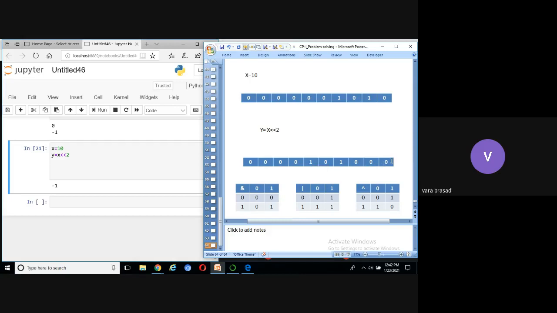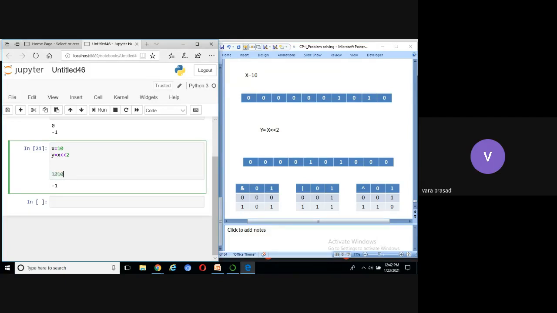Now convert to decimal. What is the value of 1 0 1 0 0 0? 40. Okay, now you can see the output.